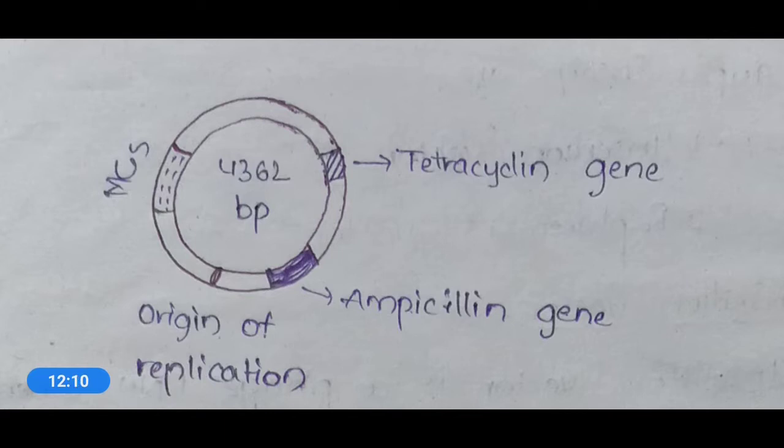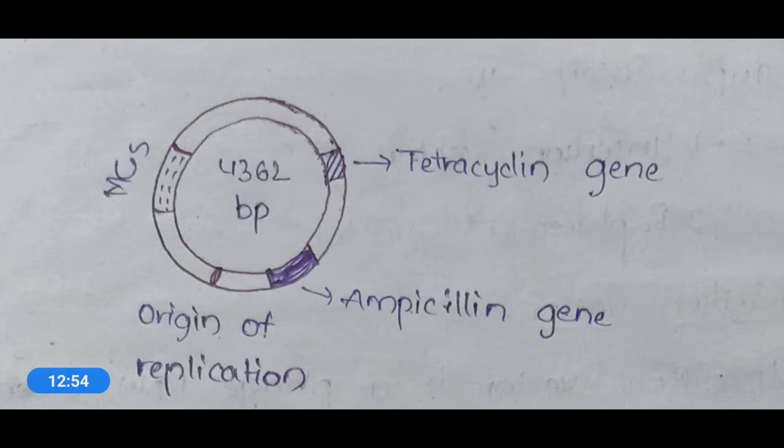By the definition of plasmid, what can we say? It is a small circular double-stranded chromosomal DNA. If you see the diagram of this pBR, you can get a better idea about plasmids. It is circular and small, and double-stranded. You can observe the double-stranded nature of that pBR. It is a DNA molecule extracted from a bacterial cell.